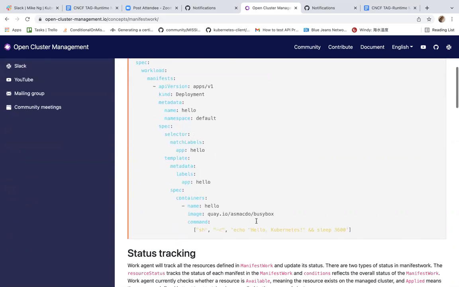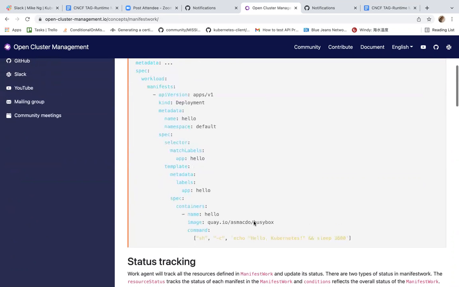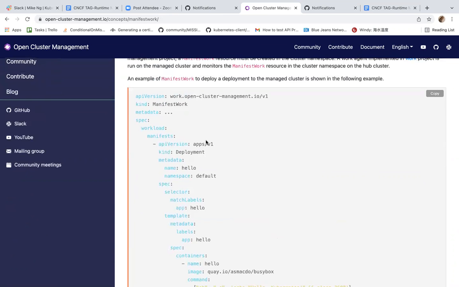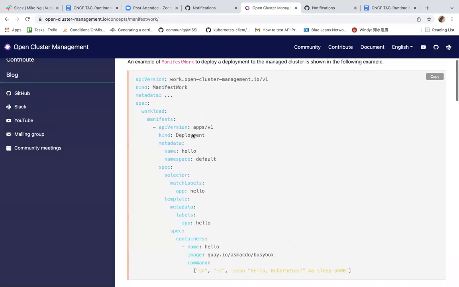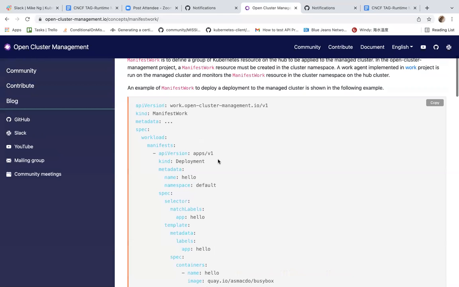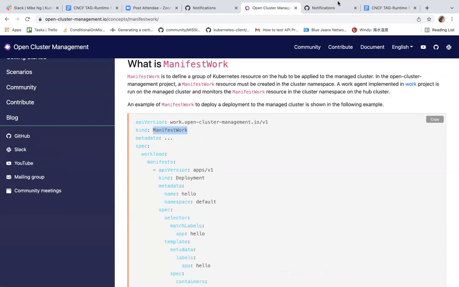For example, here we have a ManifestWork containing one Deployment. So after we apply this ManifestWork to the hub cluster, then the